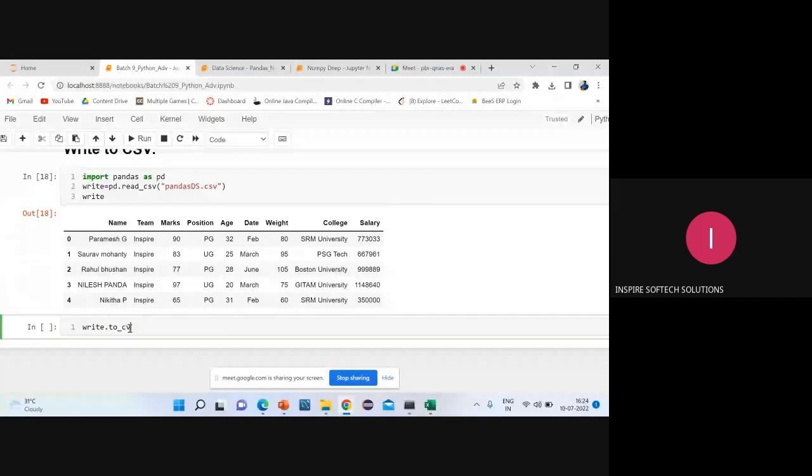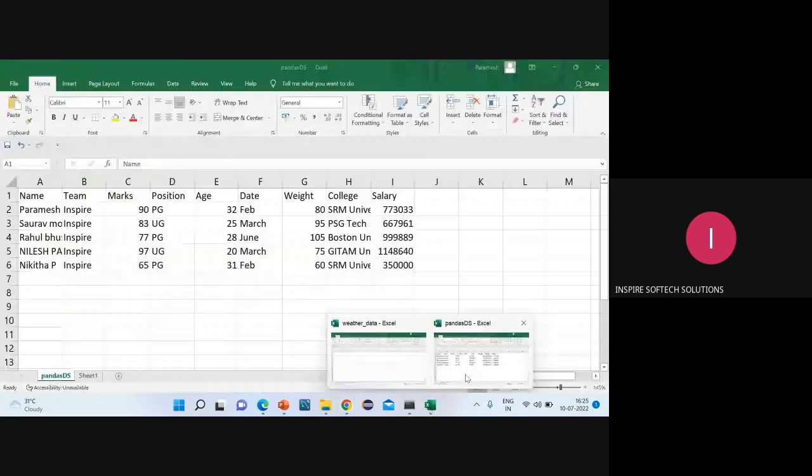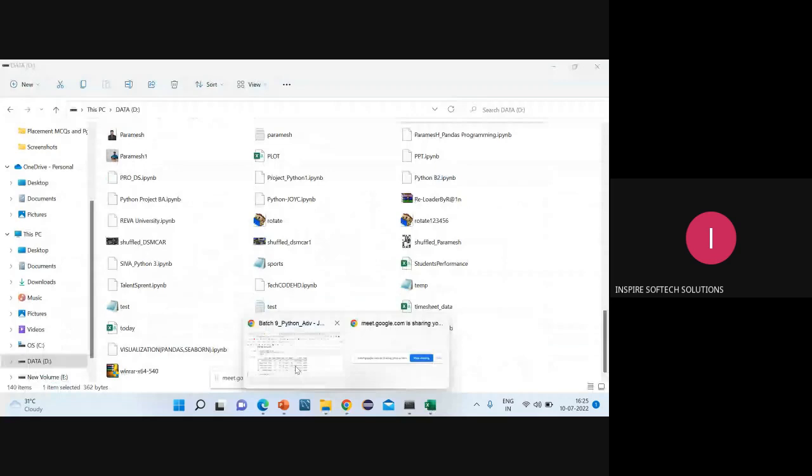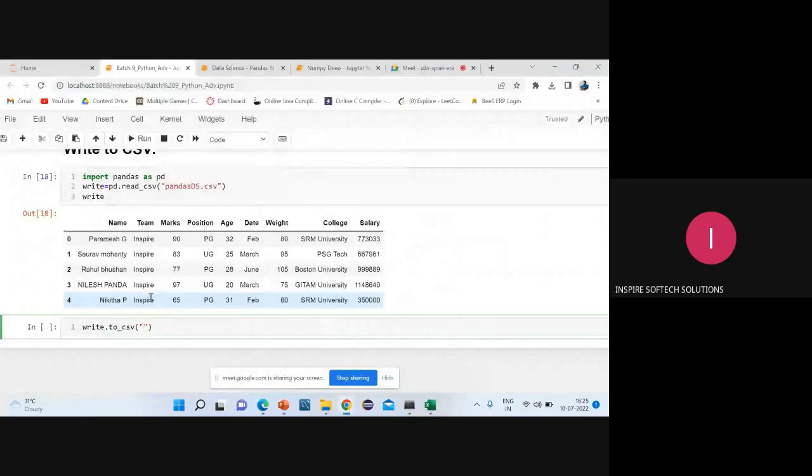So I'll take that CSV file. Now, what is my file name? I have to give that. Suppose this file name is going to be pandas ds. I'll take one more file name. You have to give a new file name, because you're writing something, so that modification you're writing into a new file, and you have to give a name for that.